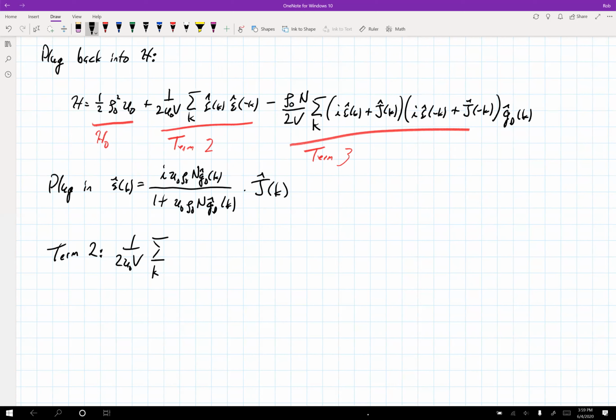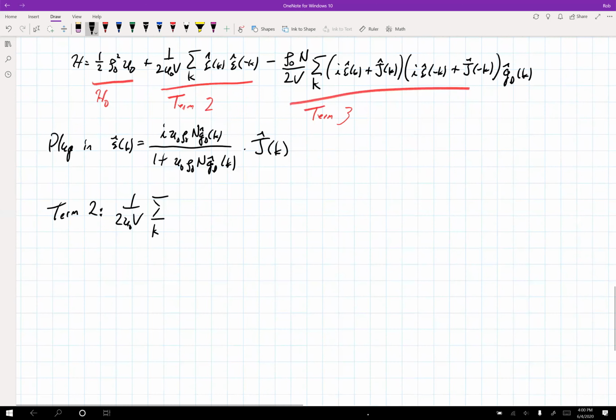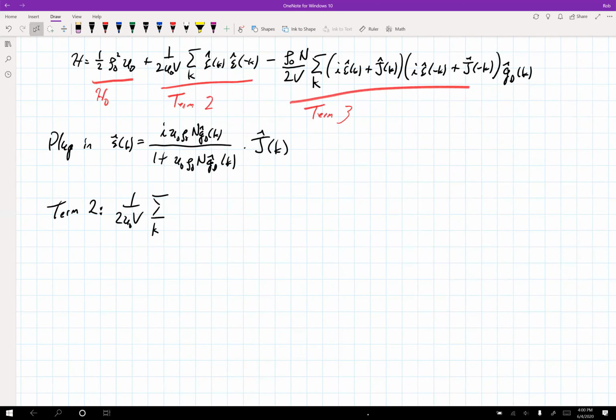And then we have epsilon of k and epsilon of minus k. And so that's going to give us a j hat of k and j hat of minus k off to the right. And I'll remind you that the Debye function only depends on k squared everywhere. So it's an even function. So g hat of k is equal to g hat of minus k. So we don't have to care about the sign of the k there. And so I'm going to take this prefactor and multiply those two things together. So we'll have